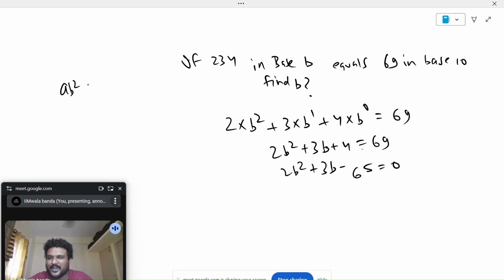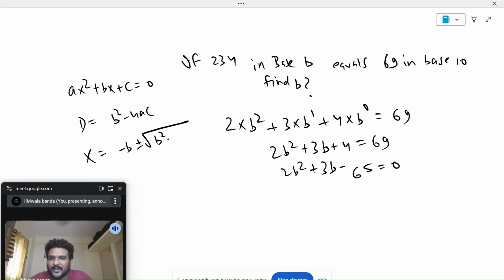But let me just quickly repeat it. If you know ax square plus bx plus c equals 0, there is something called the discriminant, which is b square minus 4ac. And then x will be minus b plus minus root b square minus 4ac upon 2a. All right. So here also you can do that. Or you can play around. 65 into 2 is 130. 130 can be written as 13 into 10, which is